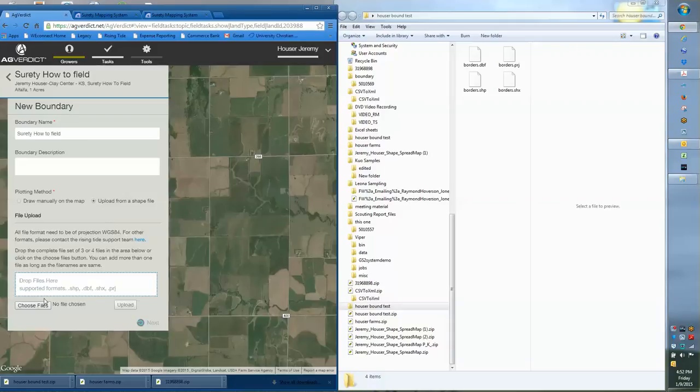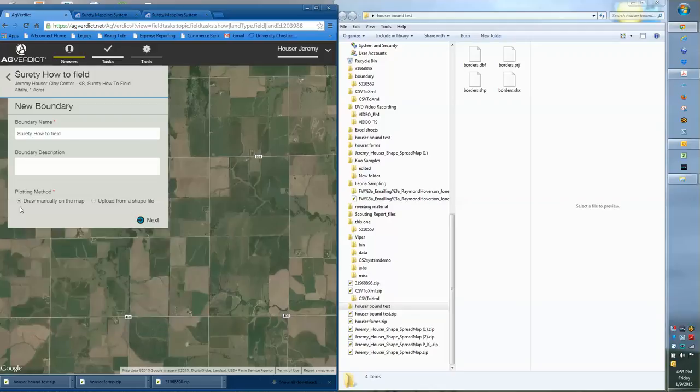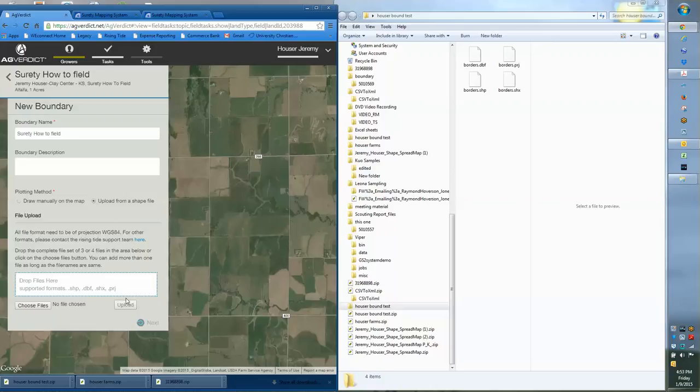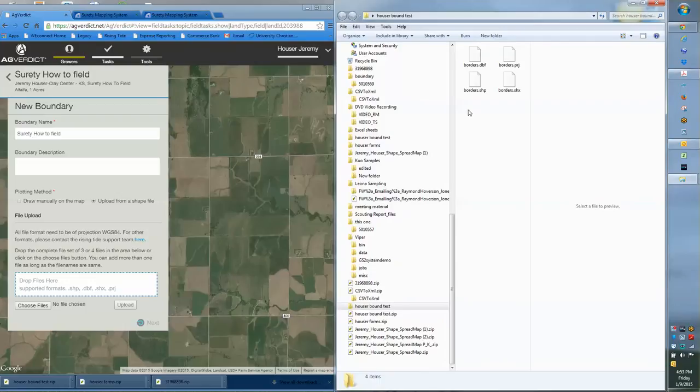So from here, I've got this option down here now. If you don't see that, it may be because you have the drawn manually option chosen, but we want this upload. So now here on the right, I'm going to click the